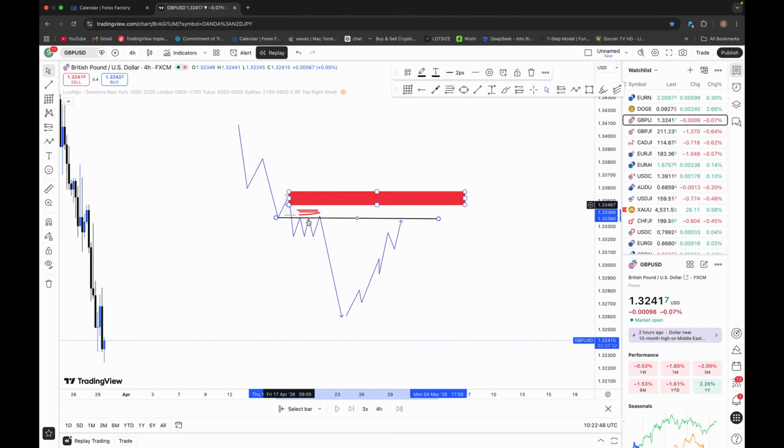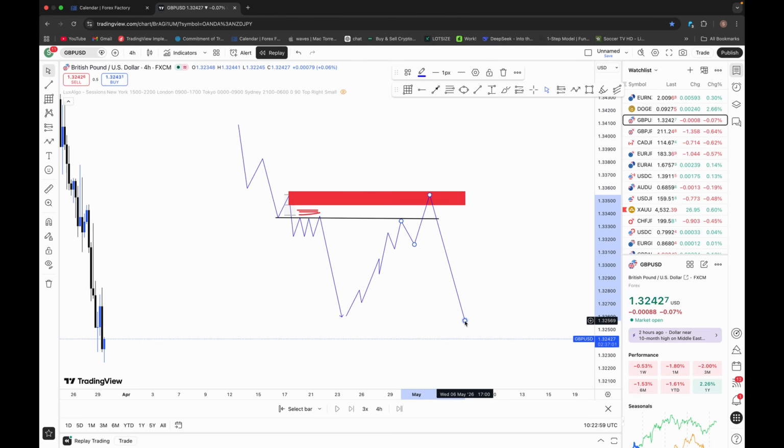So this area then becomes a pool of stop losses. What will eventually happen is price will then come into the area and move down. So this simplifies the supply. Supply and demand is simply where institutions place their orders, and this is where we want to get involved into